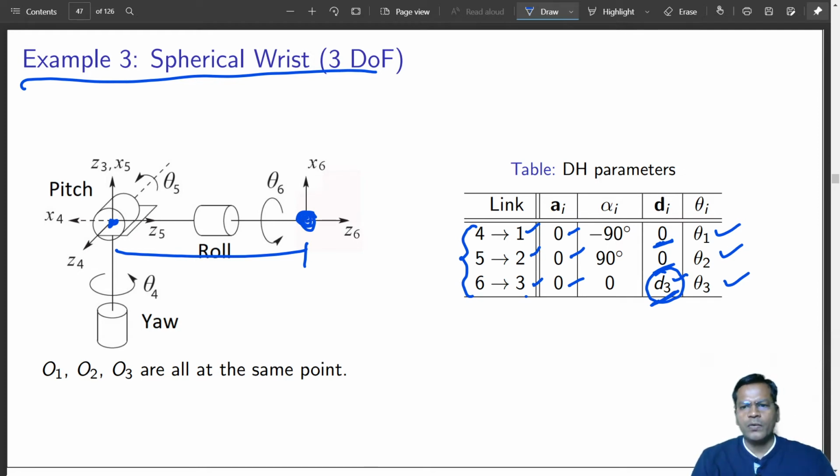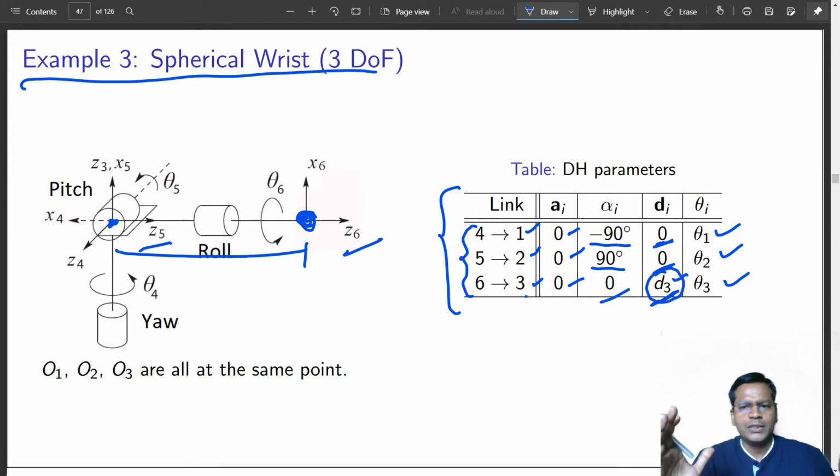Now this is your DH parameter table. This is standard and remains the same for most industrial robots. Consider these angles: the angle between Z3 and Z4 measured along X4 is minus 90 degrees. Similarly, Z5 measured with respect to Z4 is plus 90 degrees. And finally, Z5 and Z6 are both aligned in a straight line, so the angle is 0 degrees.